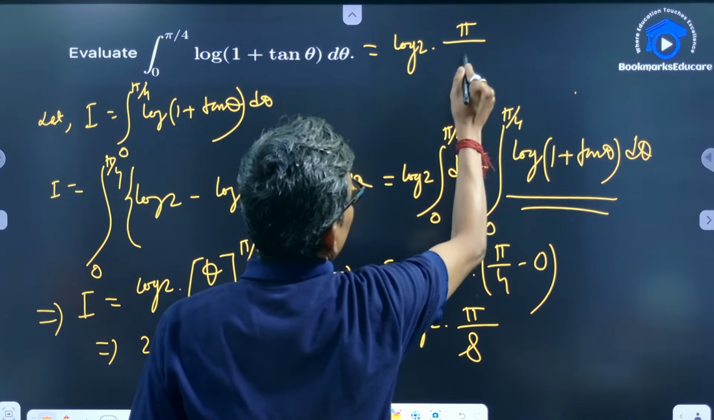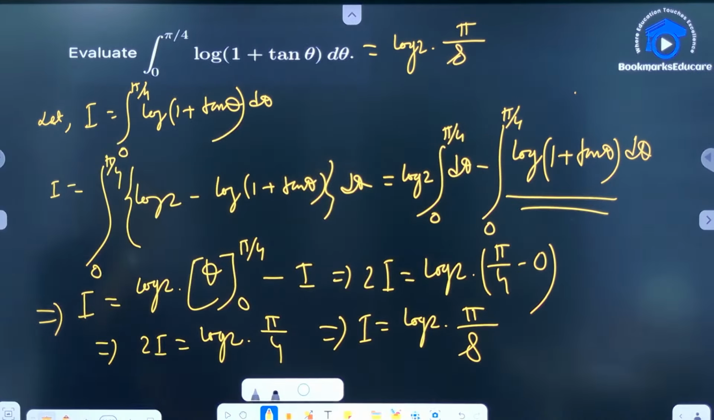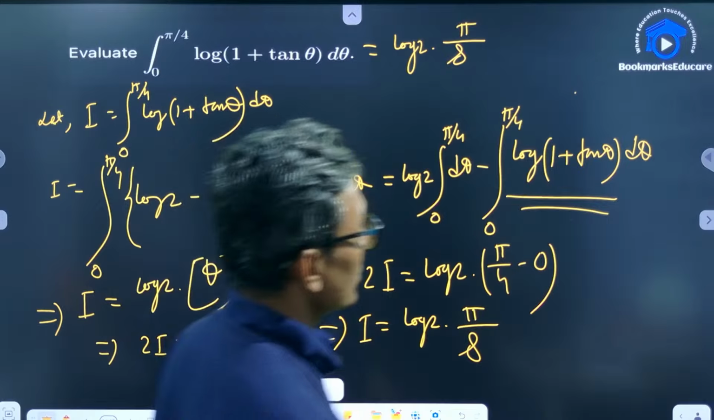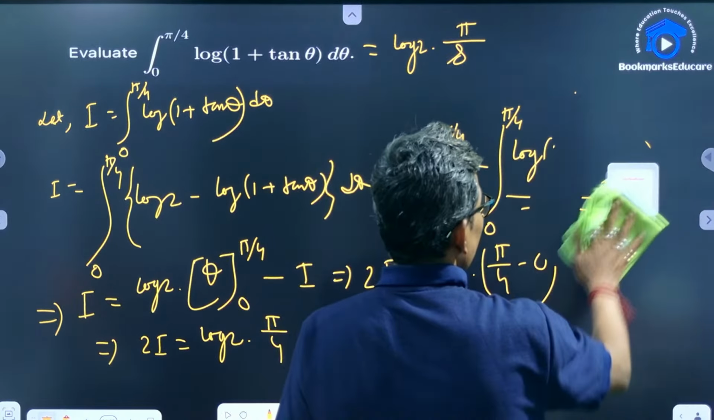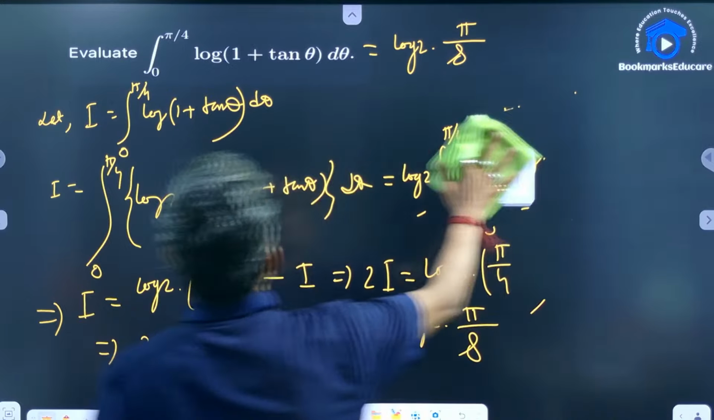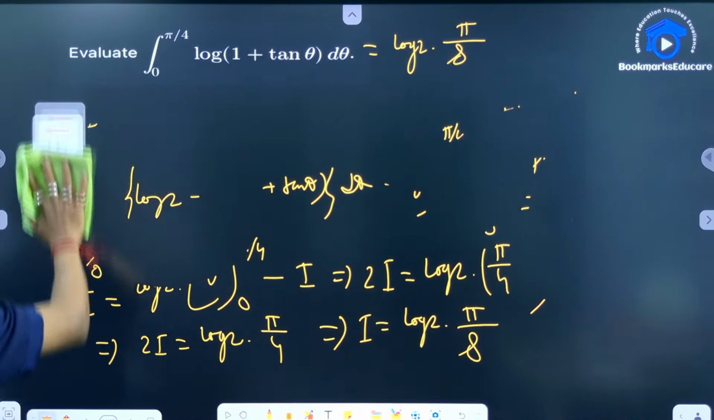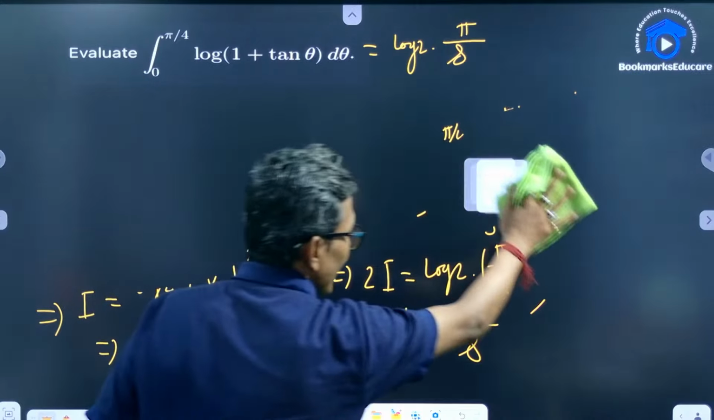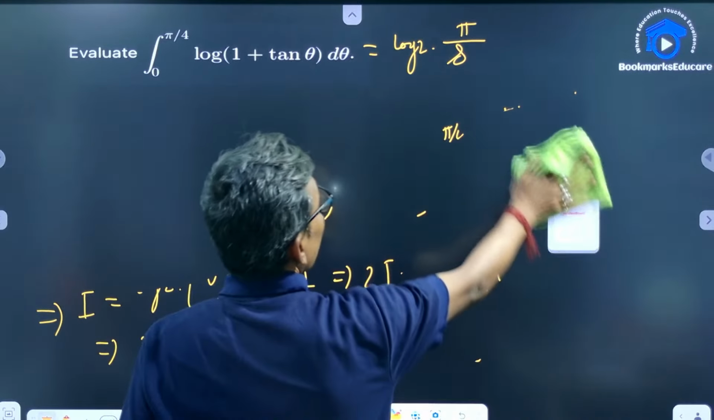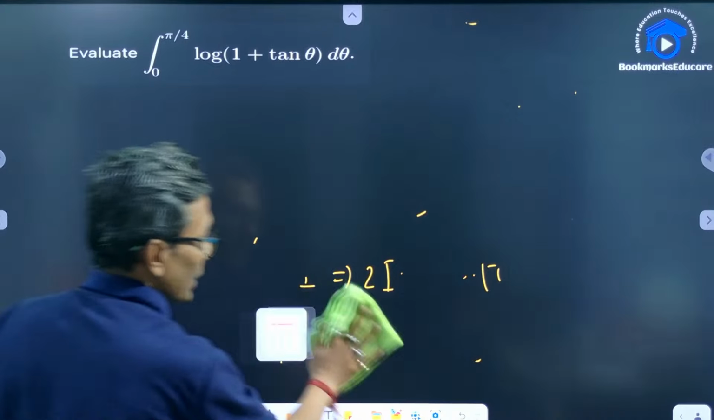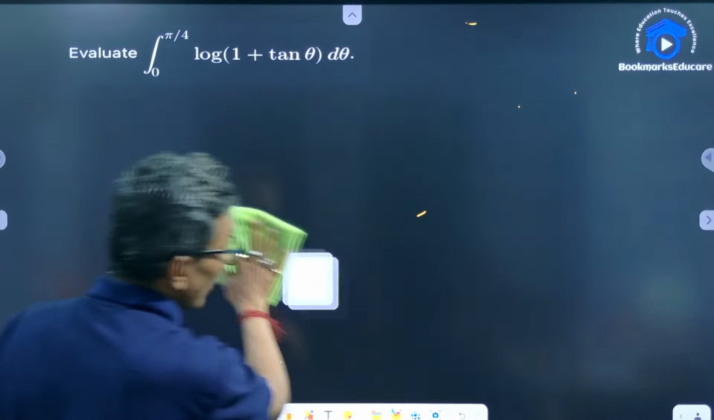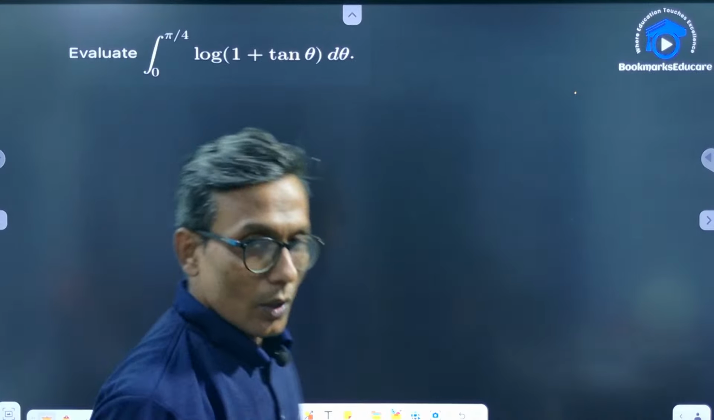सो दिस इज ऑल अबाउट टूडेज चैप्टर, दैट इज डेफिनिट इंटीग्रल। और इसके साथ हम लोग पूरा इंटीग्रेशन का चैप्टर खत्म कर लिए। ठीक है, डेफिनिट इंटीग्रल एज वेल एज इंडेफिनिट इंटीग्रल दोनों ही हम लोग खत्म कर चुके हैं।